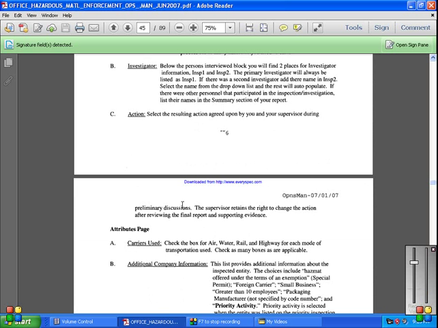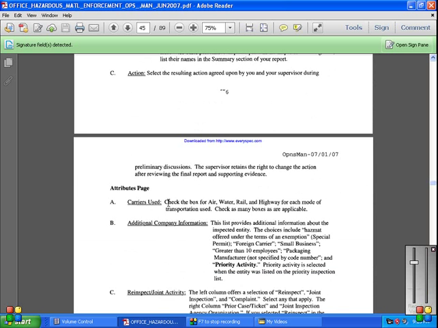Attributes page A. Carriers used. Check the box of air, water, rail, highway for each mode of transportation used. Check as many boxes as are applicable. Additional company information should be provided by the inspected entity. The choices are hazmat offered and under the terms of exemptions,